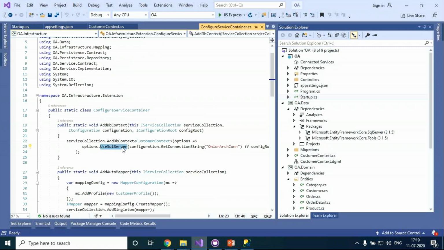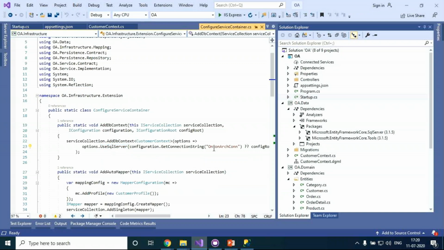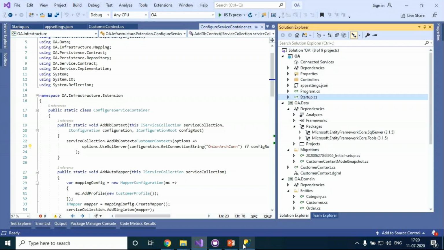So if you want to switch from SQL Server to Oracle, just change the provider: instead of UseSqlServer, you can use Postgres, and that's done. It will create a migration table here, and the table will be created automatically for you.